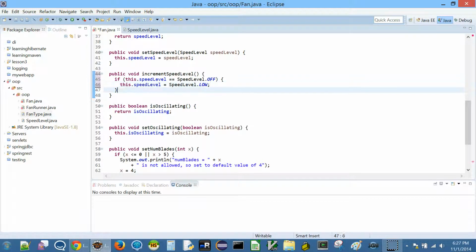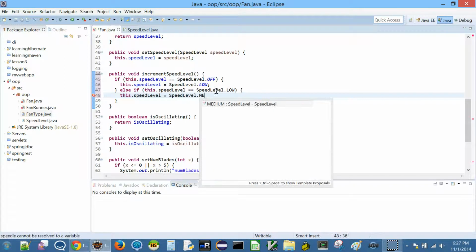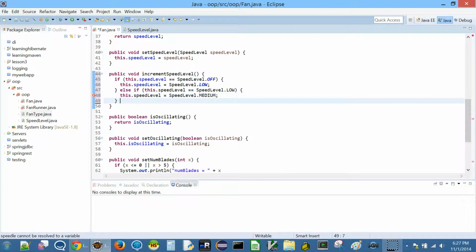So that's easy, right? Else if this dot speed level equal to speed level dot low, then we can make it medium, right? So we make it medium again.